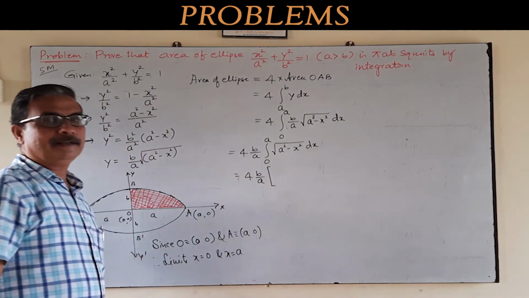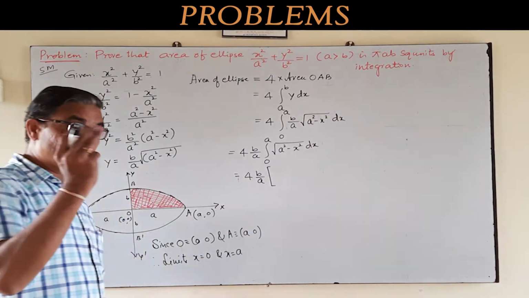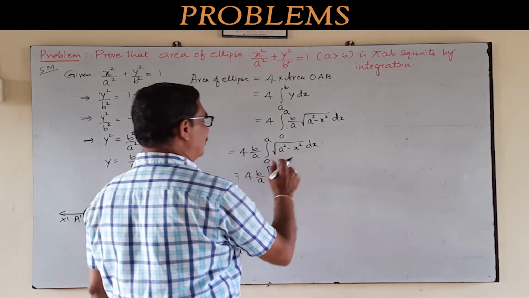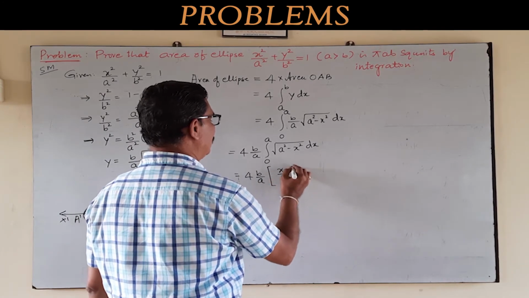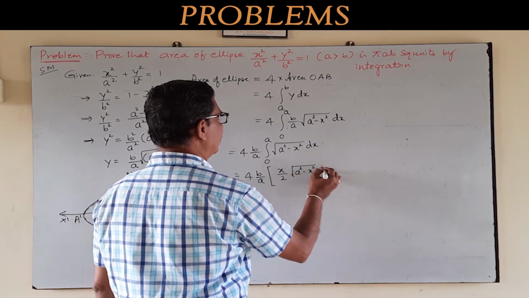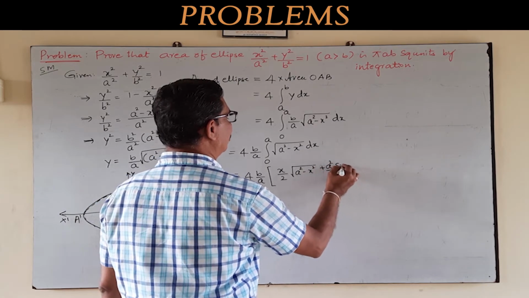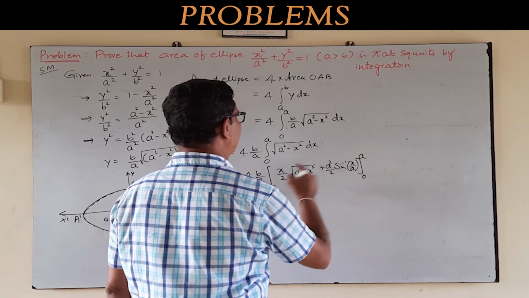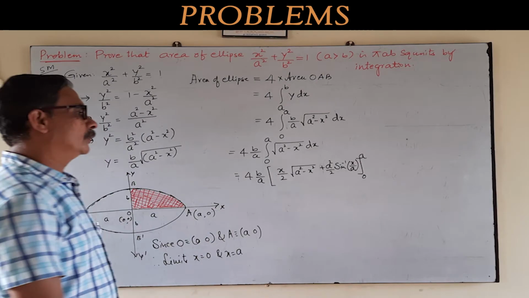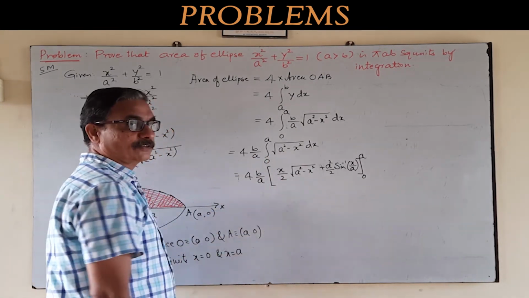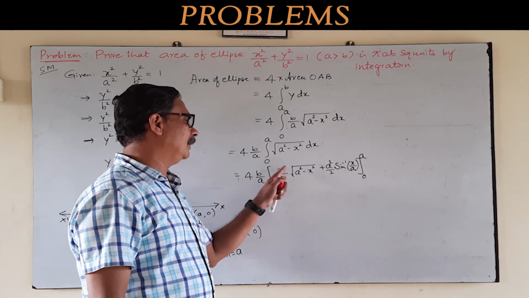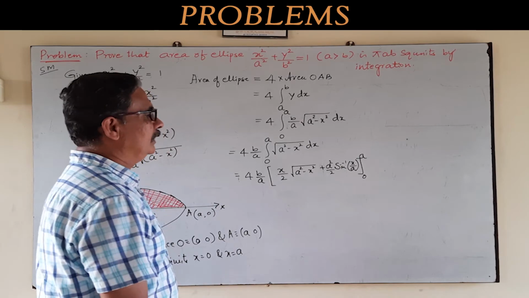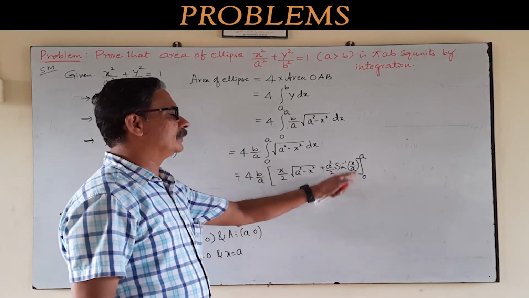You know that in integration by parts, there are 3 important results. What is the integral of root a square minus x square? Remember that formula. It is x by 2 into root of a square minus x square plus a square by 2 into sine inverse of x by a. Already proved. Prove ಮಾಡಿದನ ಈ ಫಾರ್ಮುಲಾ ನೆನಪಿಟ್ಕೋಬೇಕು. Okay, integral of root a square minus x square by using by parts. What is the formula? x by 2 under root of a square minus x square plus a square by 2 sine inverse of x by a between the limits 0 to a.